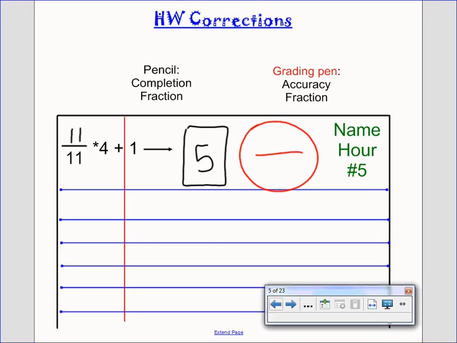Everybody good with your number 5? Number 5? Purple pass, so I'm not bringing it back to the